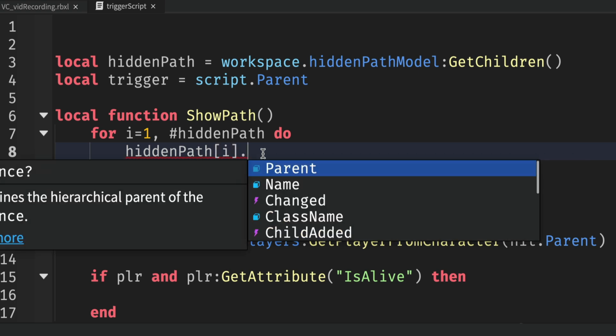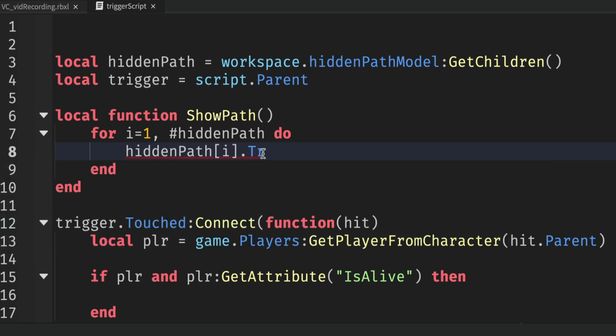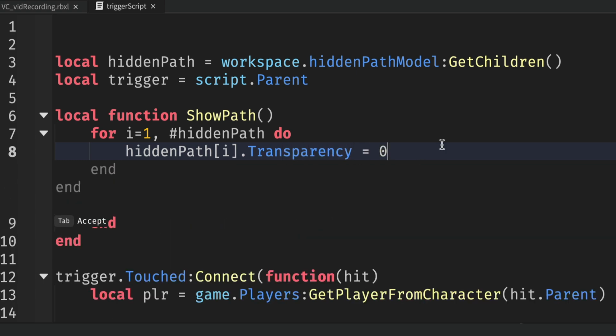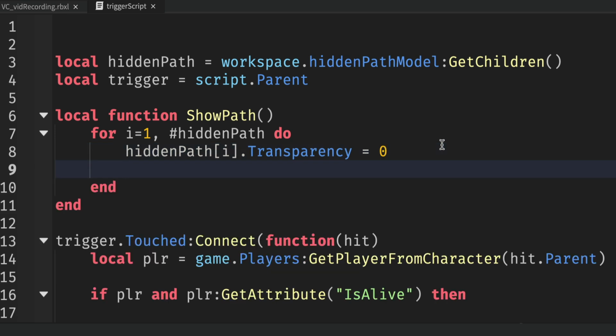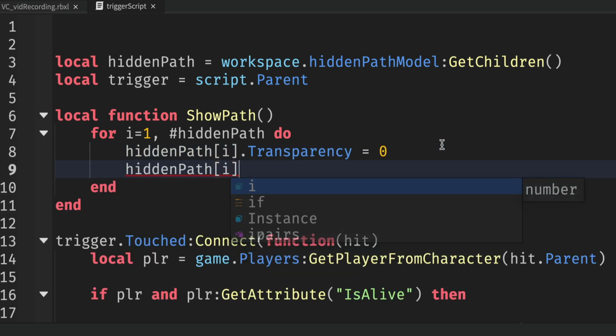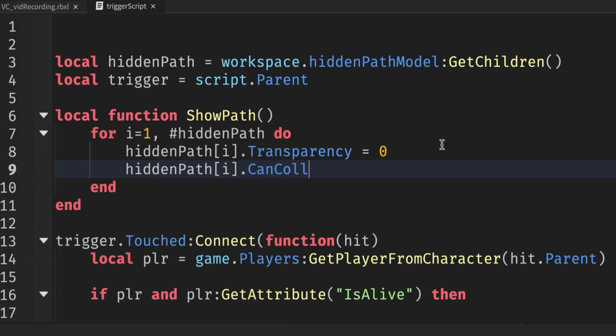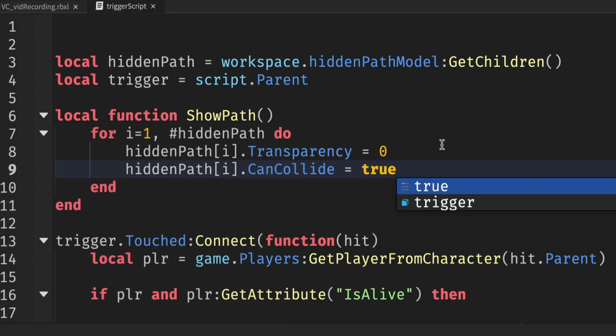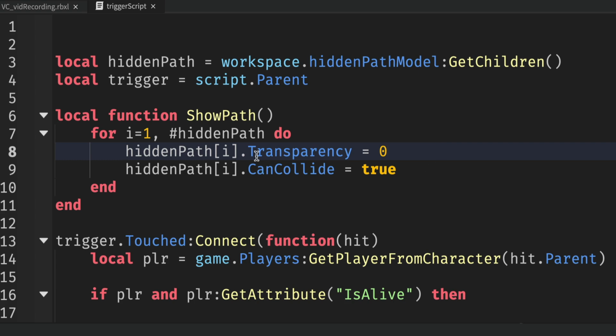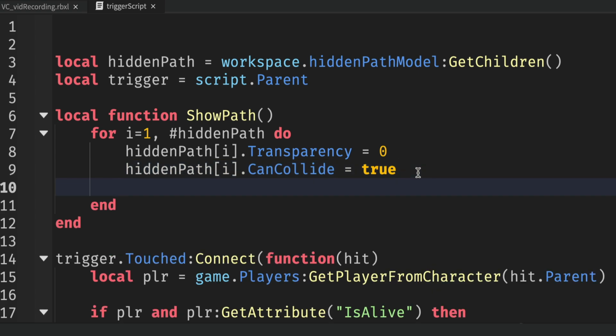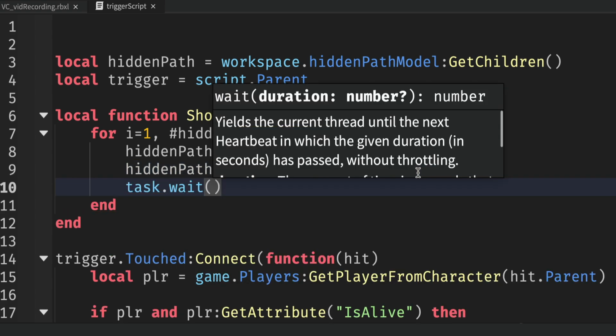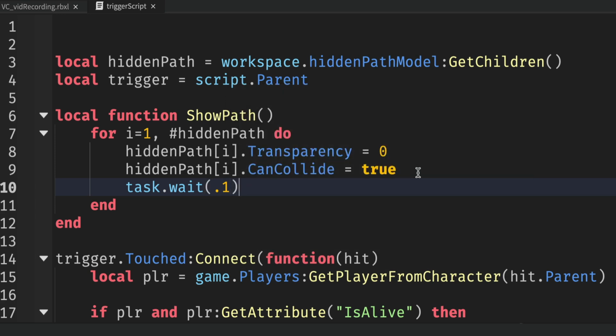And then for that particular part, we're going to change its transparency, and we're going to set it to be 0, all right, which will reveal it. And then we can say hidden path I can collide will equal true. So if we ran this now, because code runs so quickly, you touch the part and all the parts would just appear as one, all right, which is not what we want to happen. So we're going to put a slight delay here at the end, task.wait of say 0.1 second between each one,